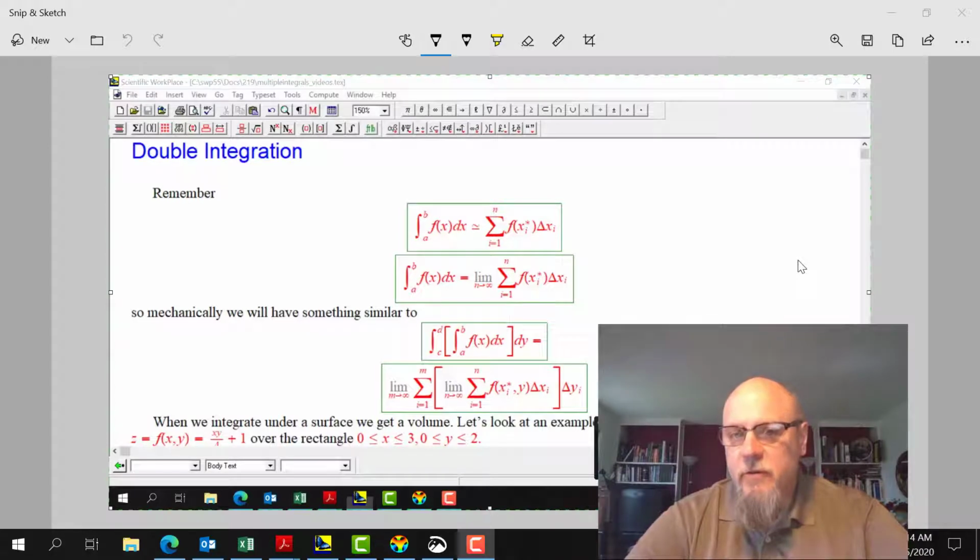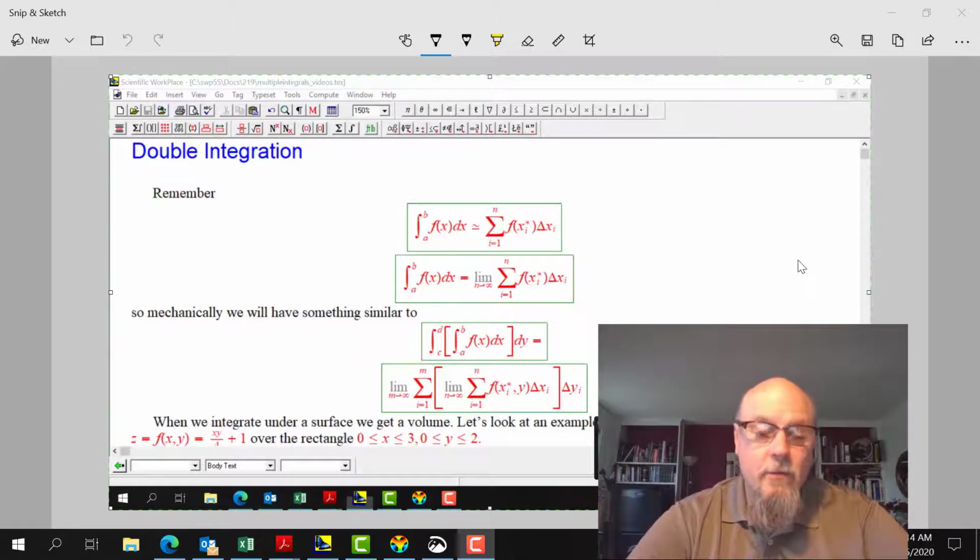So we're going to do double integration. We're going to introduce the idea of double integration. And mechanically, it's not going to be too bad, especially when we go over rectangular regions. But before we jump into that, let's just remind ourselves of how we got to regular integration, and single variable